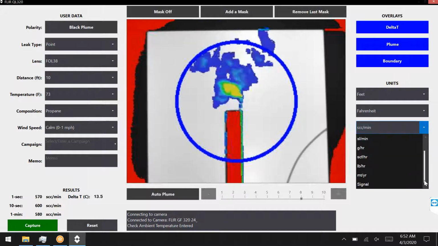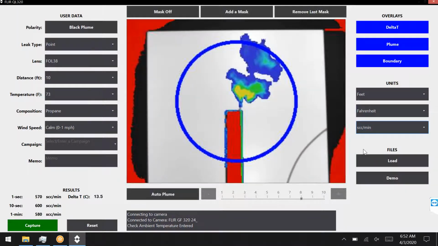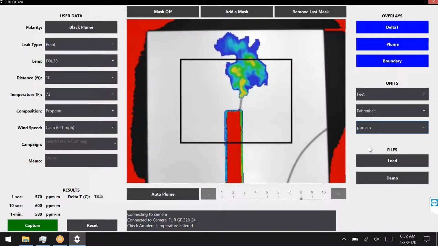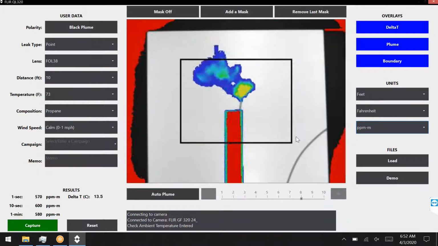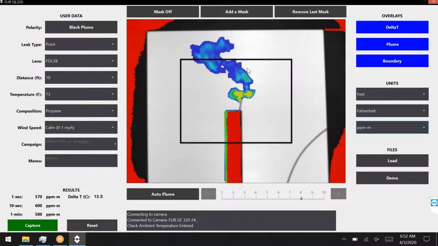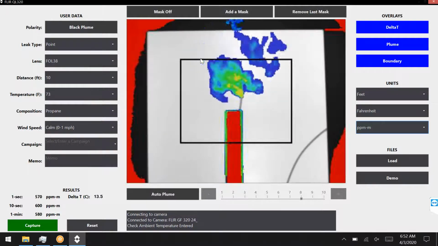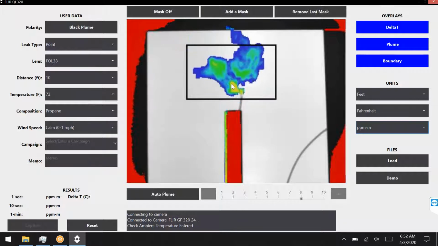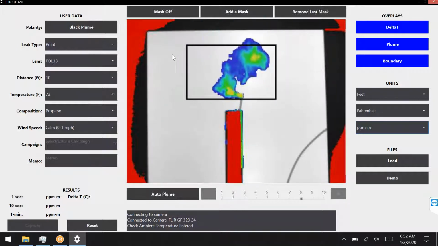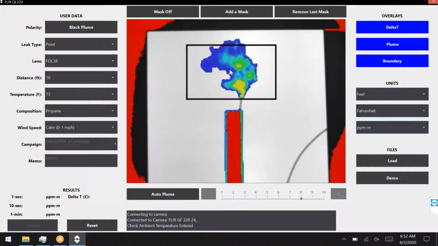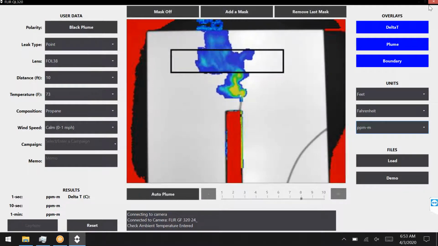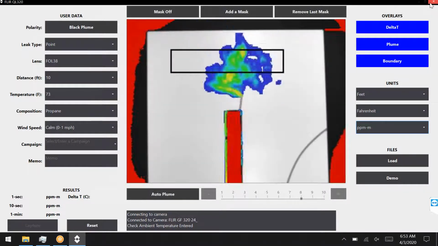The new one here is ppm meter. If I change to ppm meter, you'll see that the boundary is replaced by a box. This box can be drawn anywhere on the screen. Wherever you draw it, we will calculate the ppm meter reading for the